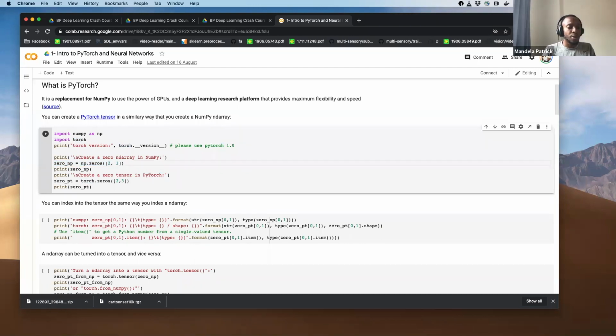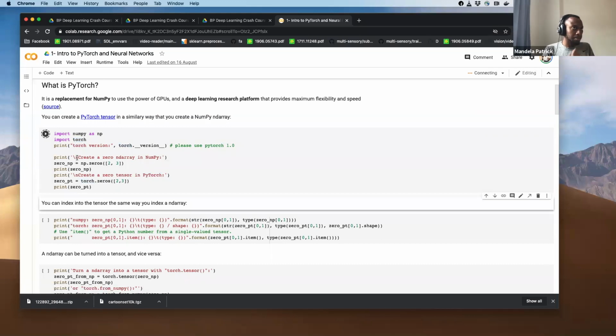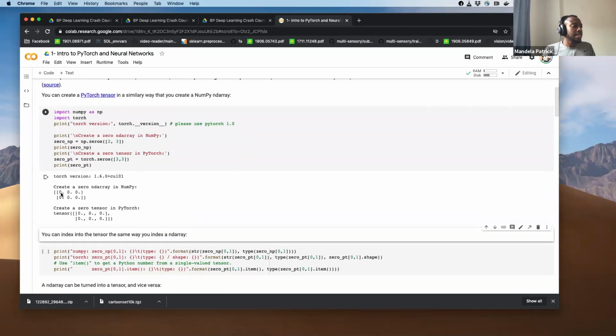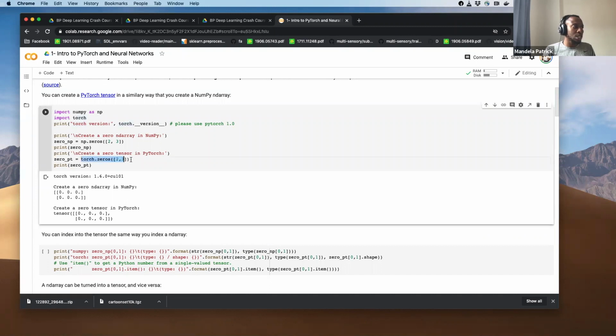So if I run this cell, it's just starting up. Right, so this is what we call a 2x3 NumPy tensor. What that means is that you have 2 rows and 3 columns, and they are all filled with zeros. Similarly, you could do the same thing in PyTorch, and you have 2 rows and 3 columns.